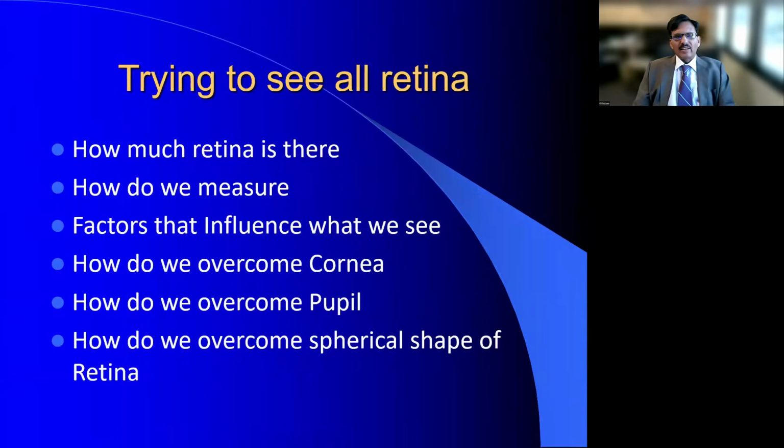So as a surgeon, obviously, there are multiple things you need to know regarding this topic. First of all, talking about the human retina and how much retina is there in terms of surface area, and how do we measure what we are seeing. Factors, biological and technical, that influence what we see during surgery, and the obstacles in visualization related to various organs in front of it: what are the things in the cornea that can complicate the visualization, what are the things in the pupil that can complicate the visualization, and how do you overcome also the spherical shape